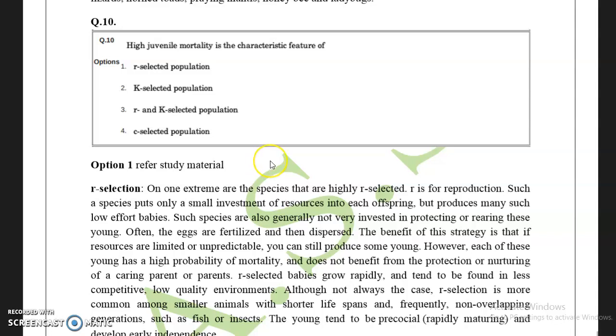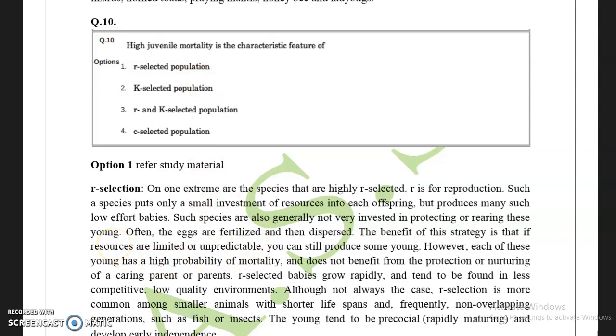K-selected, for example elephants, have some characteristic features which are different from R-selected. They are basically large in size, have more parental care, have fewer offspring, and low juvenile mortality. While R-selected species, for example rats, dogs, etc., are generally small in size, have less parental care,